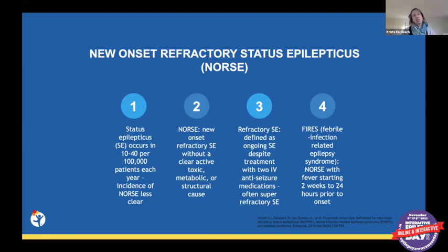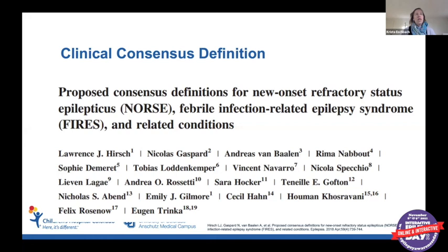And there's a variety of reasons that this can happen. So sometimes it could be infectious or a viral meningitis or encephalitis or autoimmune mediated, and the causes for it vary in adults compared to pediatrics. Sometimes there's a preceding febrile illness starting 2 weeks to 24 hours before the onset. So it can't be present only one hour before the onset of the seizure. It has to be longer than that. And that's a condition called FIRES, or febrile infection-related epilepsy syndrome, which is a subtype of NORSE. And I just mentioned this because this is a newer kind of distinction about thinking of this. And this is another condition where we're learning more and may have some different treatment options down the road. And so this was the consensus definition by Dr. Hirsch that was published in